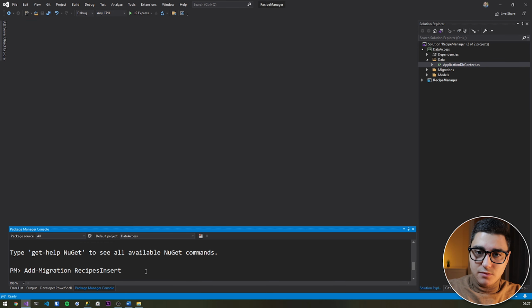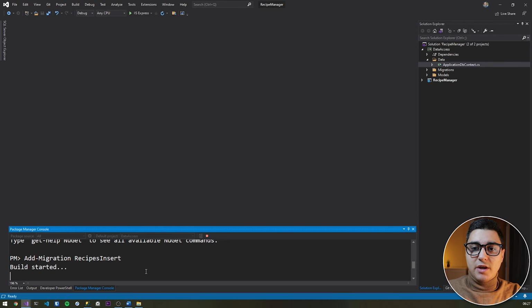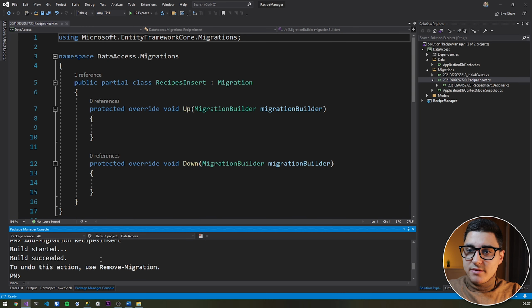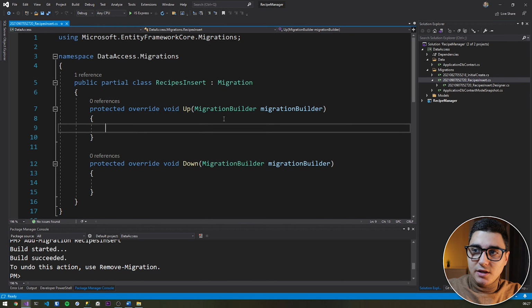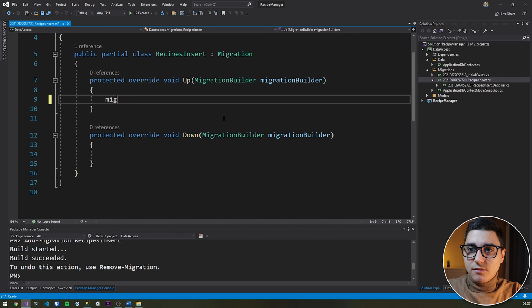As part of this video, what we'll do is add a new migration. Okay, so that's done. It just created our second migration called recipes insert. The first part of this migration name is the timestamp, so date and time, so that it is unique to our project. Okay, and then in here, what we'll do is type in migration builder,